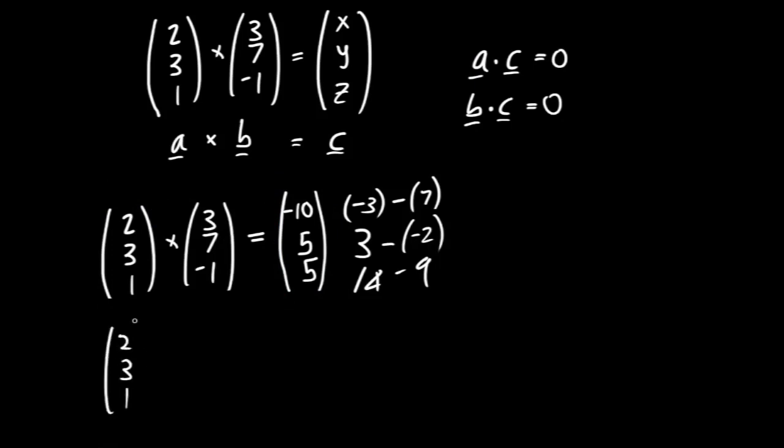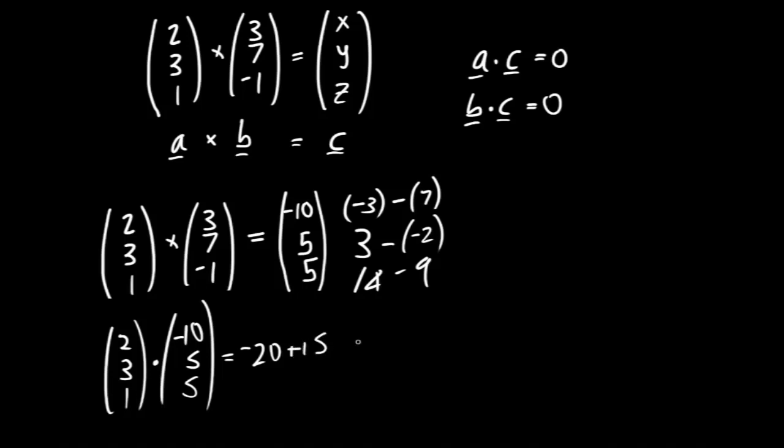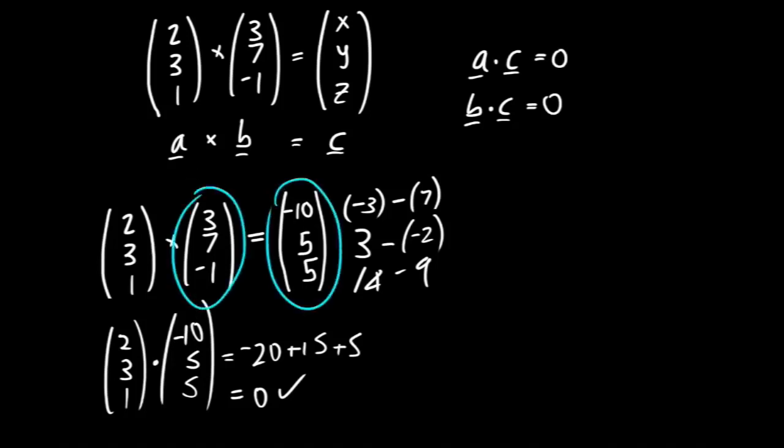I'll write it out, 2, 3, 1, dot product, minus 10, 5, 5. What's that going to be equal to? Minus 20, and then 3 5s are 15, and then 1 5 is 5. Aha! It does equal 0. That's correct. That's a very, very encouraging thing, but for real thoroughness, we're going to test the other one as